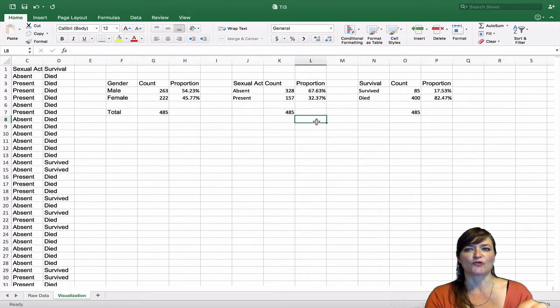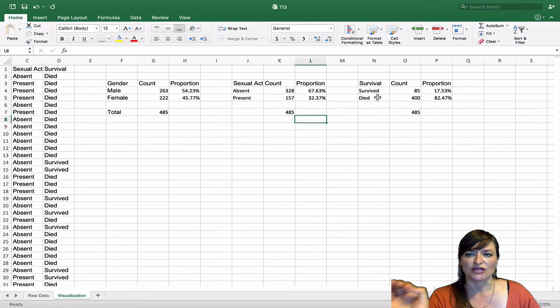So there we have our proportions of males and females in this group, our proportions of those characters who were sexually active and those who were not sexually active. And we have the proportions of the ones that survived and the ones that died. When you take a minute and write this into your narrative, I don't think we need to visualize this information, but it would be very useful at this point to start taking notes for your narrative about these proportions in these different categories. While we're talking about that paste special, let me talk a little bit more about it.